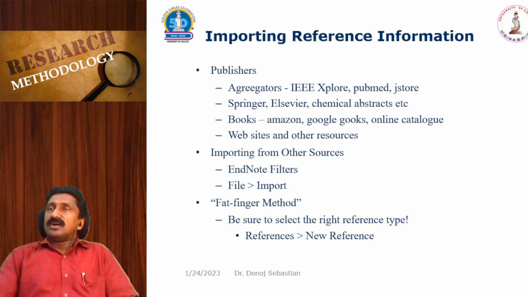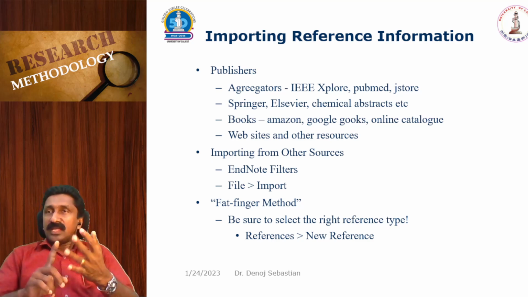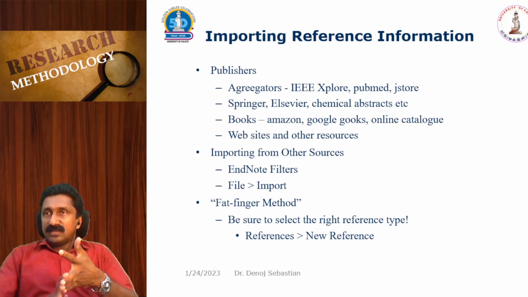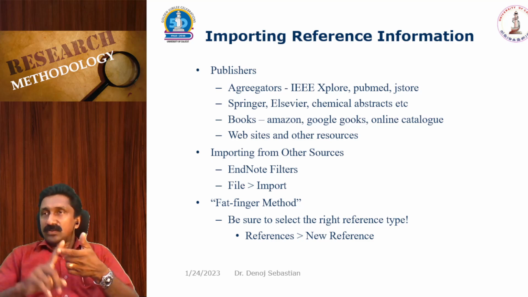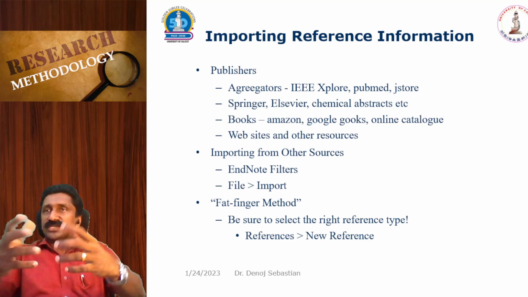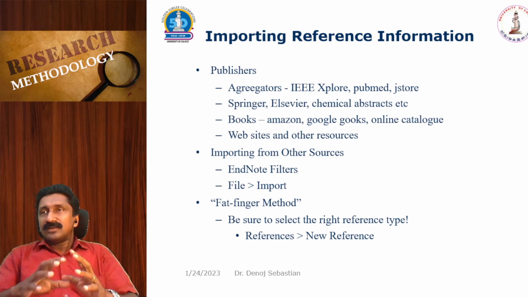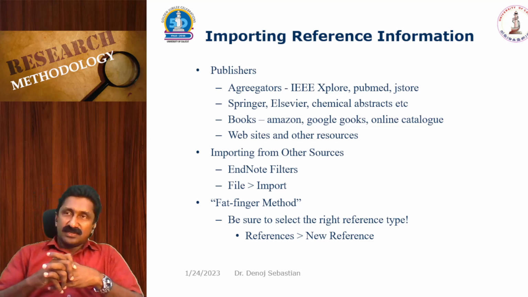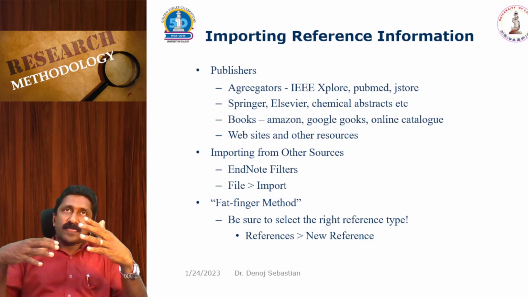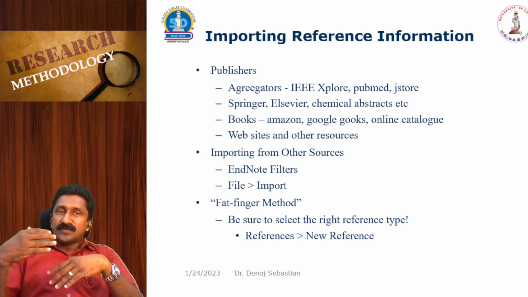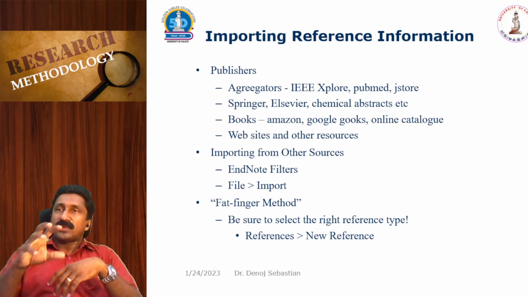In that case, you can give all the details by manually entering, creating a new entry, and you can create a new reference by inputting the author name, journal name, and the page number, volume, DOI number, whatever. All the information can be manually inserted and create a new reference. But that is not advisable because, say, you can see that usually a standard reference with a proper DOI number will be